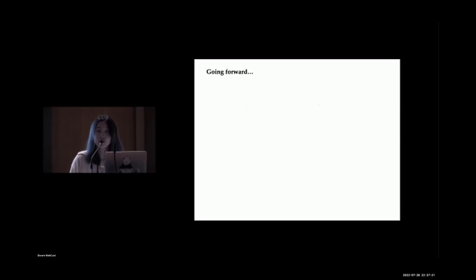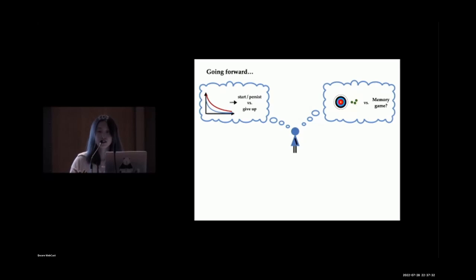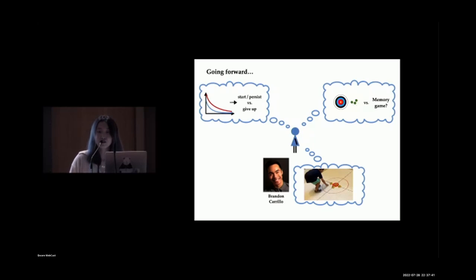As I've alluded to before, we're looking into how misrepresentations and misestimations of the learning curve could affect learners' daily motivations and learning outcomes. We're also interested in how generalizable people's accurate representation of learning is across different domains and across different shapes of learning curves. And lastly, with my collaborator, Brendan Carrillo, we're interested in looking at the developmental root of this question. How do children come to understand their learning performance over time?